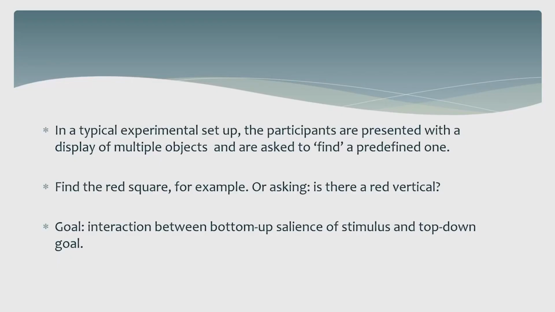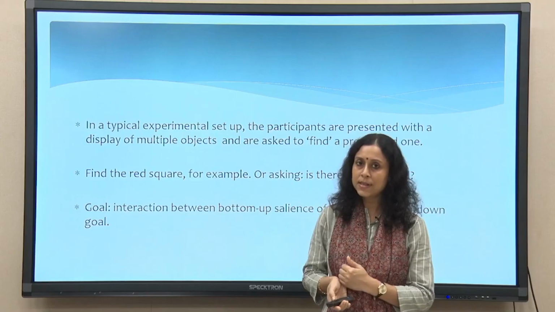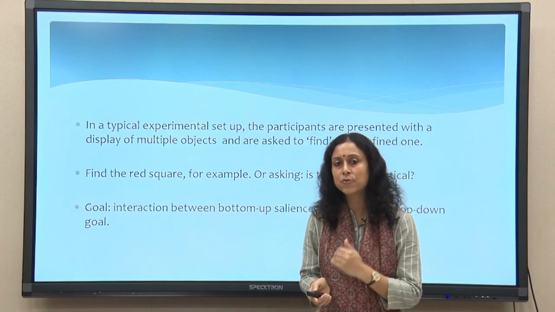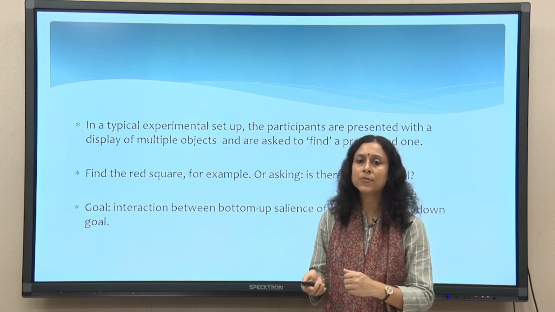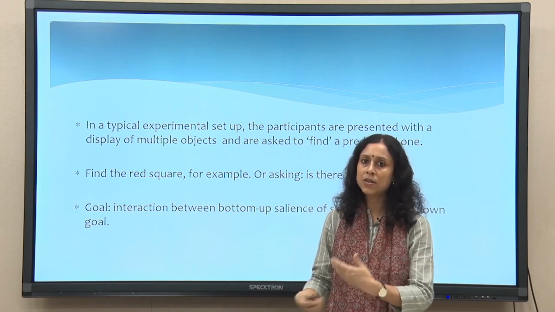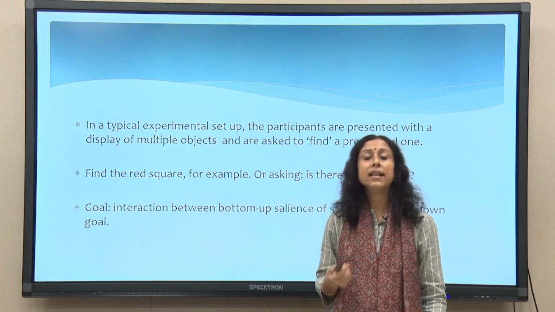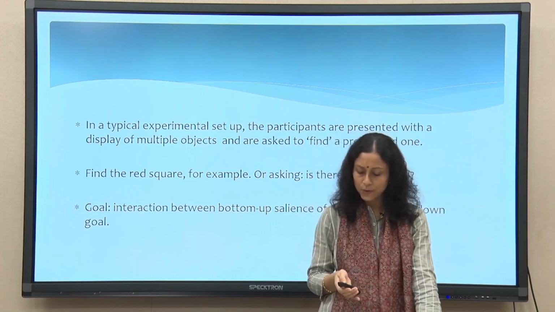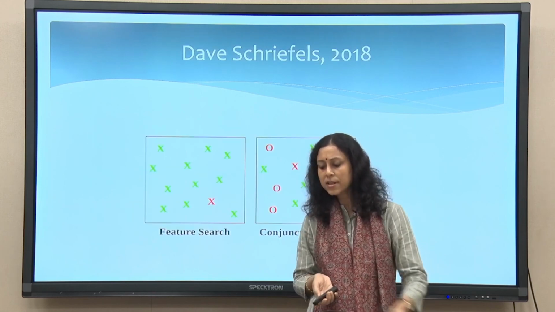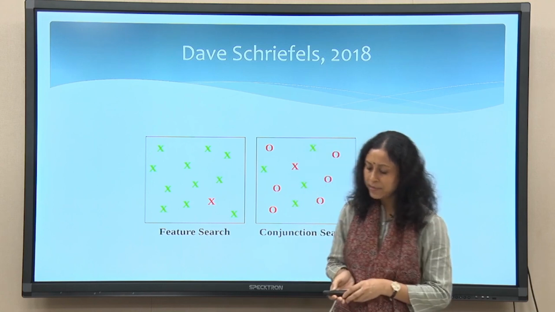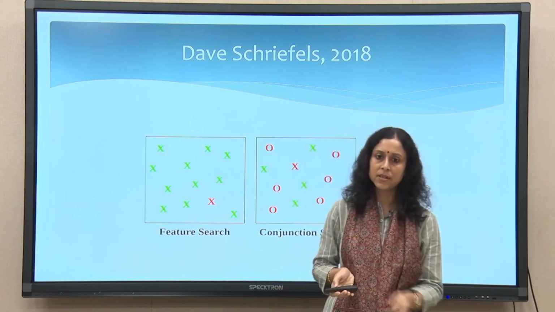So, the goal of this kind of a paradigm in this kind of an experimental setup is to check the interaction between the bottom up salience of the stimulus and the top down goal. So, it is how the interaction between your goal to find the red square or red cross in the scene interacts with the kind of set size that you have, the kind of scene complexity that is there, how salient the target object is, and so on and so forth. So, these are the basic things about visual search. This is an example of a simple visual search experiment with two kinds of search, feature search and conjunction search